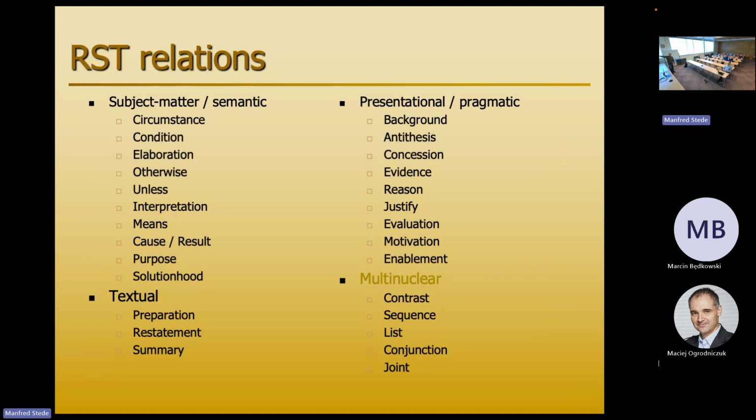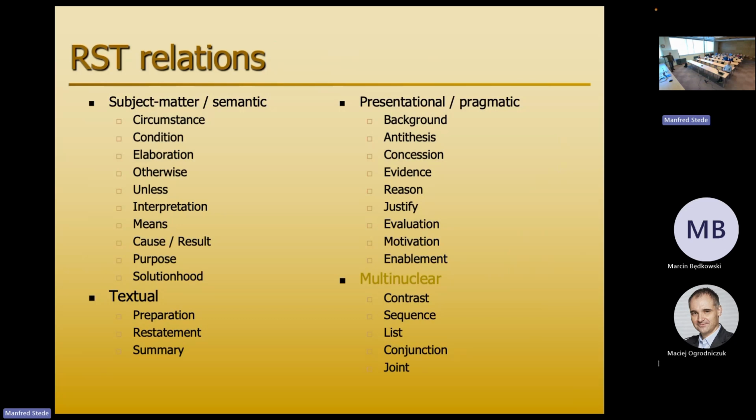We have this basic division into more semantic and more pragmatic relations. So these are basically providing information to the readers, and these are trying to influence beliefs of the readers. That is the distinction between these guys and those relations over there. So evidence comes up here. It was about increasing your belief in the nucleus, right? Whereas all these relations wouldn't use their vocabulary in definitions. They would say present information, inform the reader about some causal relationship, and so forth.